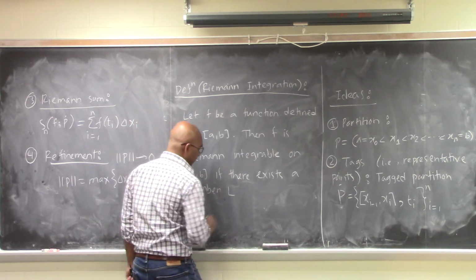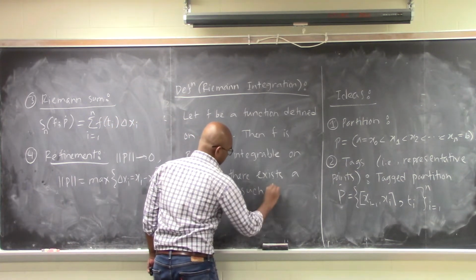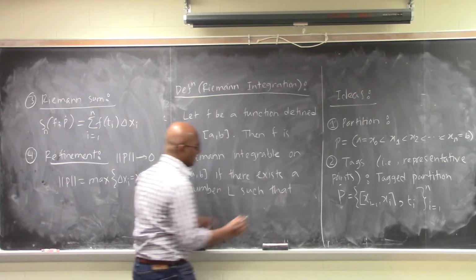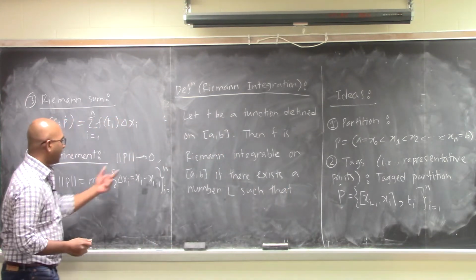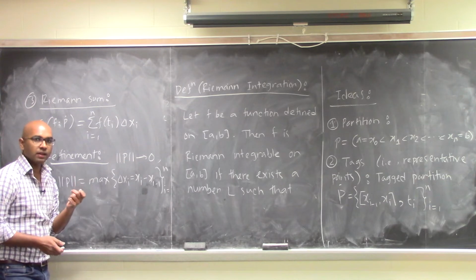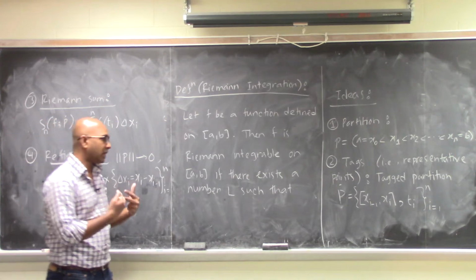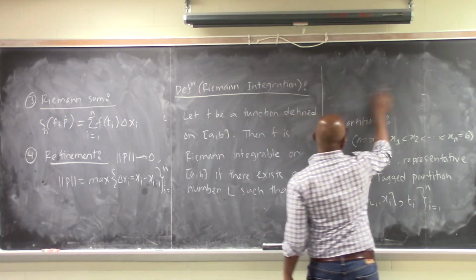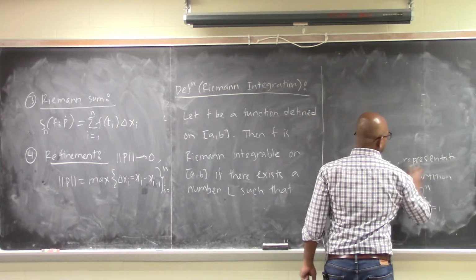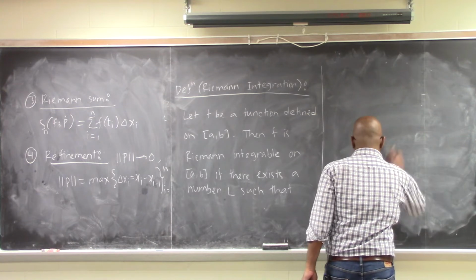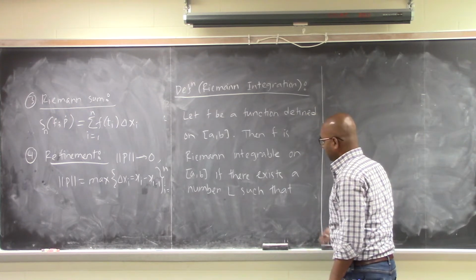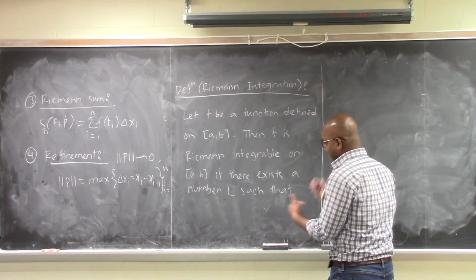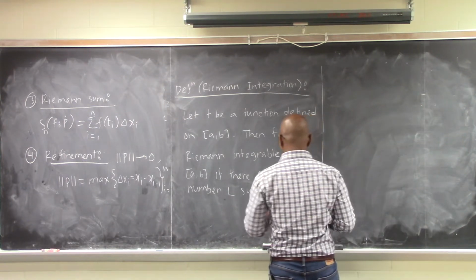If there is a number L such that... now when I say such that, this kind of limiting behavior is coming. You need to define things in terms of epsilon and delta. If you go back to the precise definition of limit, you might have forgotten all these things, but you will see the similarity of this statement with other statements,